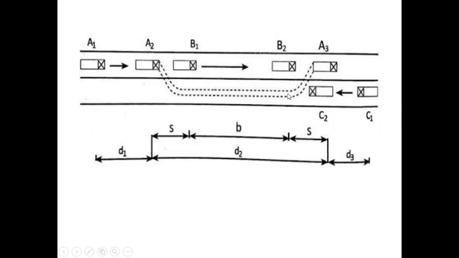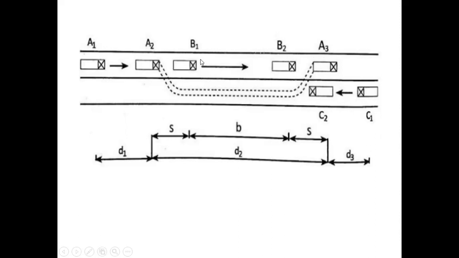At that time itself, the vehicle C is coming from the other direction. So without collision, he has to reach his original lane. Correct? That is position A3. So the entire overtaking operation is happening here in this distance D2. And I have told you S and B denote the spacings and the distances between the positions of the vehicles. So all these 1, 2, 3 stand for the positions.